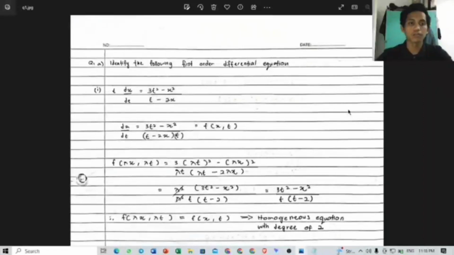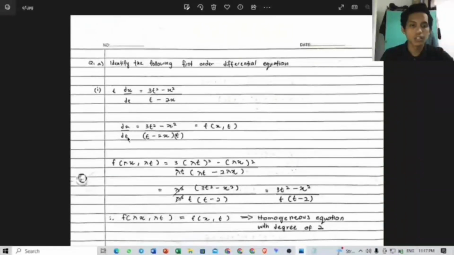Okay, for question 1A, identify the following first order differential equation. The first one, A1, is t dx over dt equal to 3t² minus x to the power of 2 over t minus 2x. Okay, for this question we must simplify